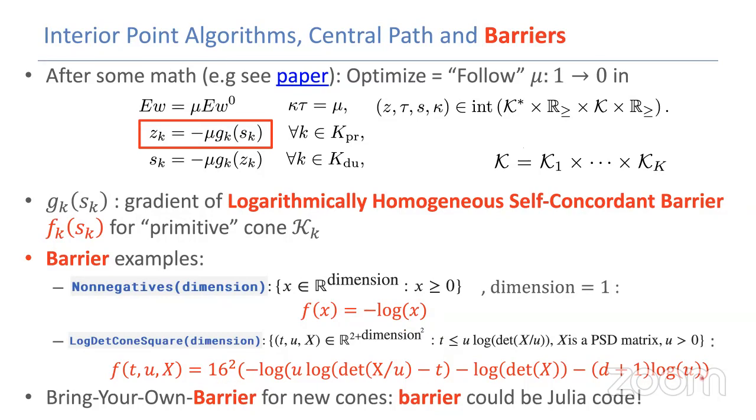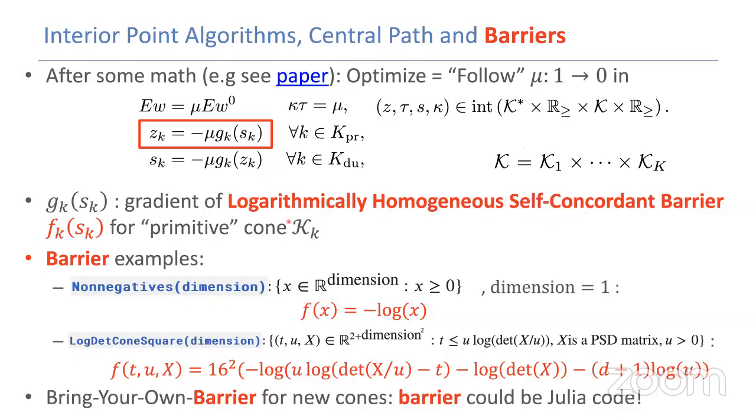This could be an expression, it could be a function, it could be a Julia function. It could actually be Julia code, as complicated as you want, as long as you can give that Julia code for the barrier and you check that all the necessary properties hold, you can plug it into Hypatia and Hypatia will be able to use it. In particular, if you just plug in the function, Hypatia can use automatic differentiation to get the gradient. For some of the cones, we used that at first, then we tweaked some of them to improve the performance a little more. But even if this was not an expression and was a complicated Julia function, you could just plug it in and Hypatia will use the AD tools inside Julia to calculate the gradients and do the appropriate discretization of the dynamical system.